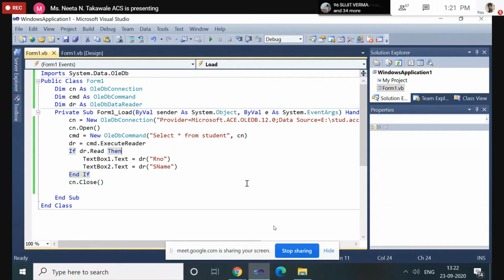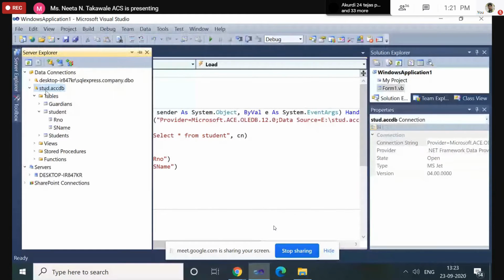Now next we'll see more about the data tables. How to create the data table? How to create the table using the data table class. Till now, what we have already created are the tables using the SQL Server database and student database. Now directly through coding, how we can create the table and how we can display that table onto the control, using the data table class.